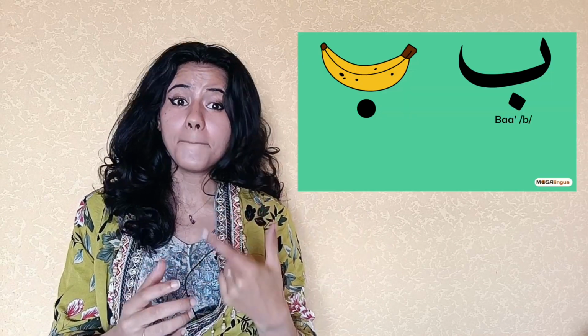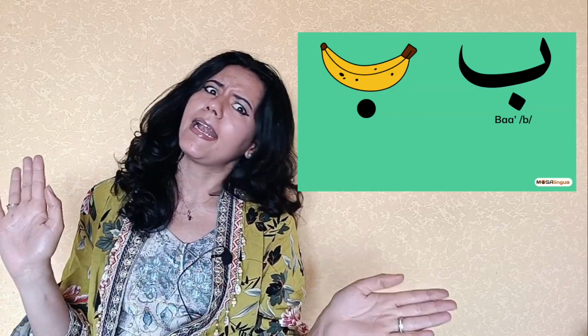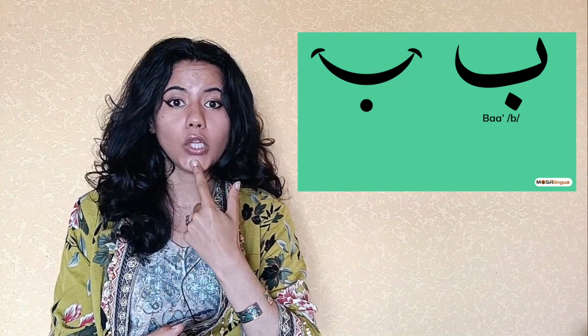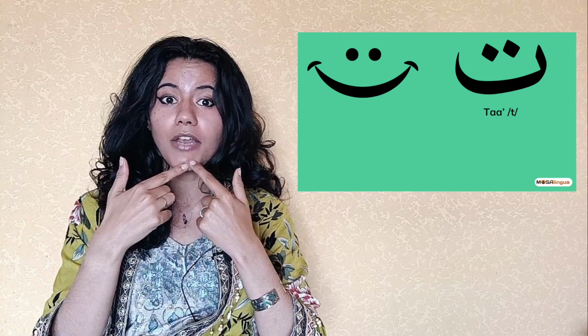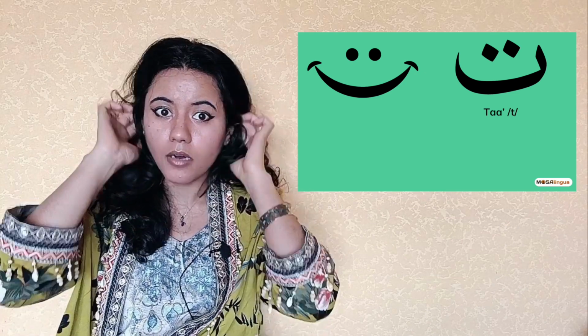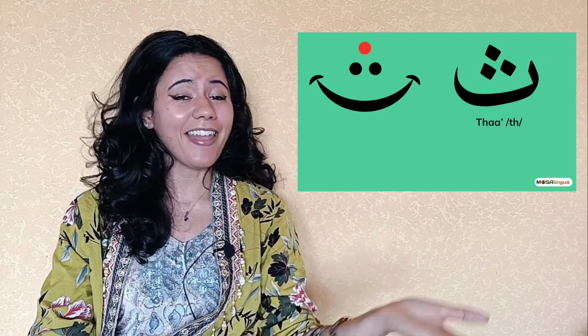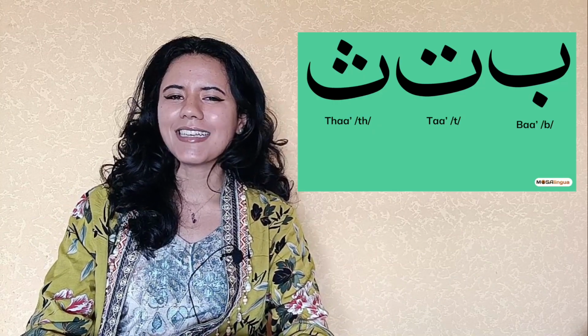Mnemonics are memory aids that use vivid, sometimes quirky, associations to help you remember information quickly and accurately. For instance, the letter ba looks like a banana on its back with a dot underneath, or like a smile with a little mole on the chin. If you get rid of the mole and give the smile 2 dots for eyes, it becomes a ta, and if you add another dot on top, it becomes a tha. Together, these are known as the smiley letters. There are many other associations you can make based on a letter shape.